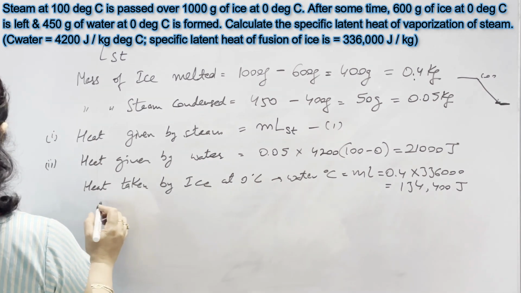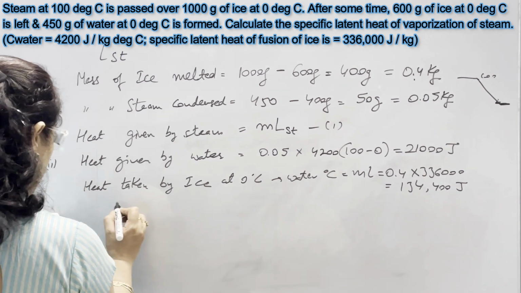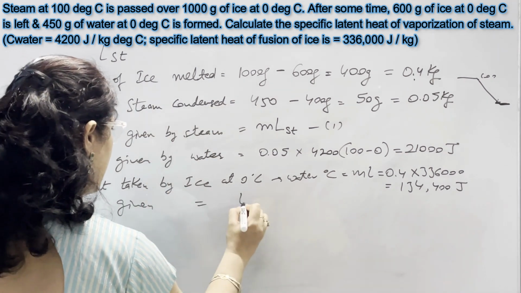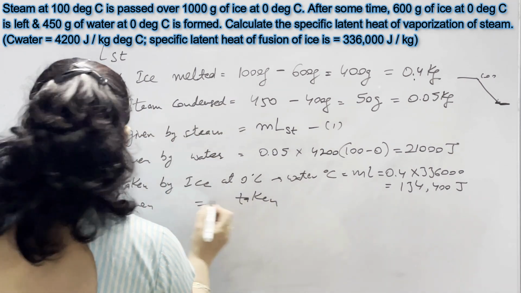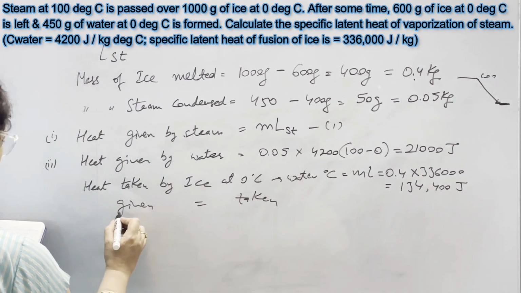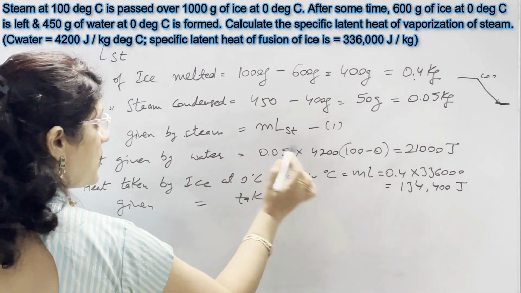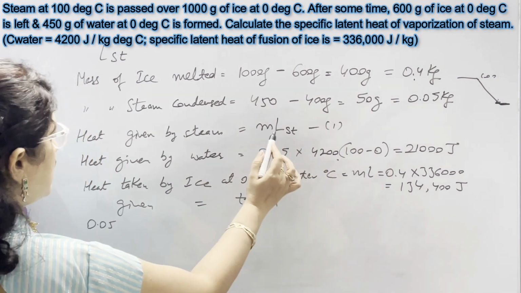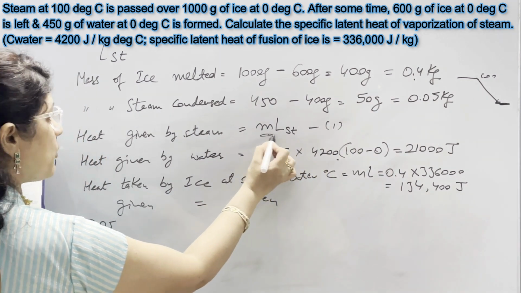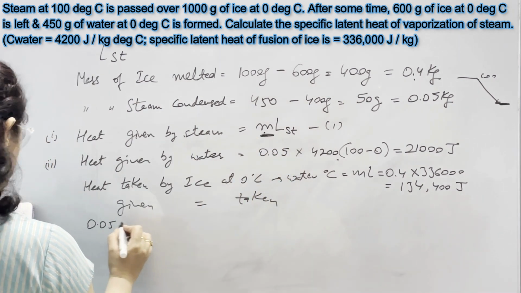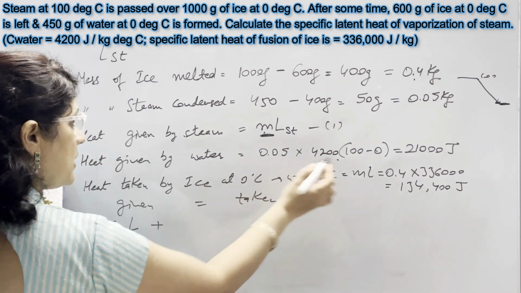Now next step, heat given by steam and then heat taken by ice. Both should be equal according to the principle of calorimetry. So given is 0.05 into steam, this much. Here we need to put the value of m also here. So value of m is 0.05 and then L plus this much is